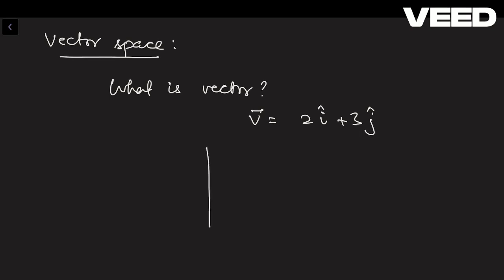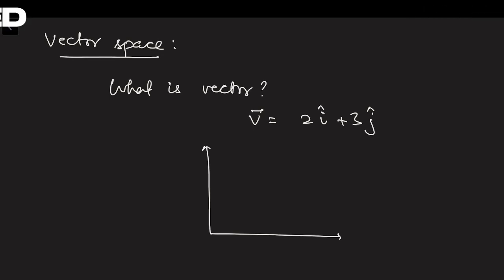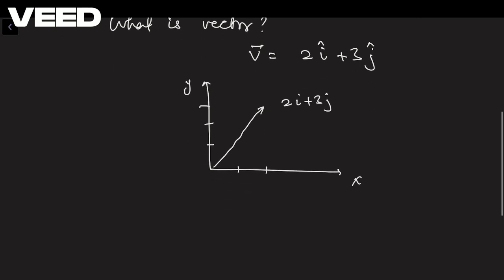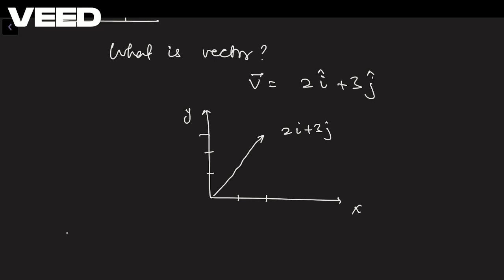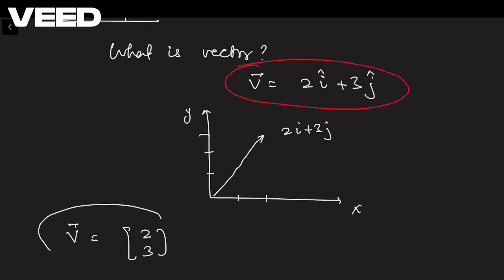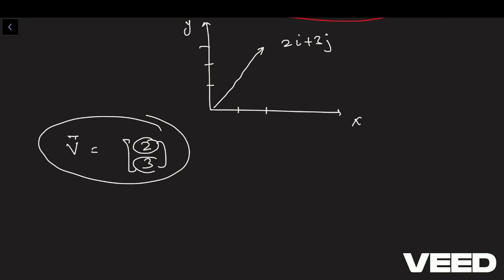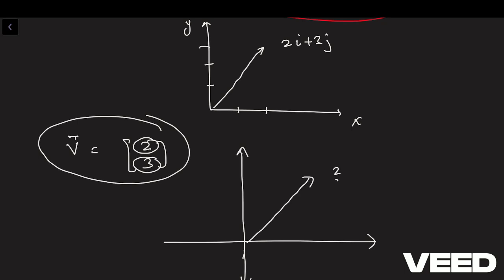So this vector can be plotted on an xy plane like this: 2 units, 3 units. So you have a vector like this on the xy plane. All right. This vector can be represented in another style like this, where we have the x component on top and the y component on the downward side. And this again we can plot, or show this vector like this. Okay,